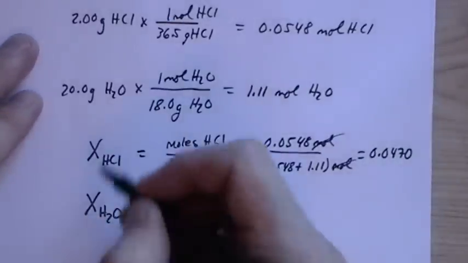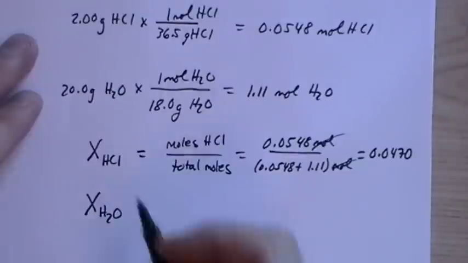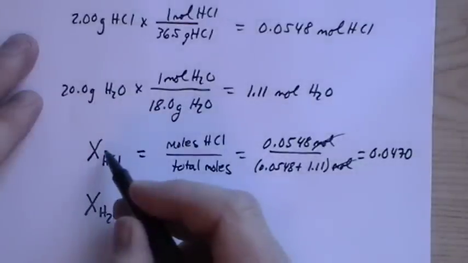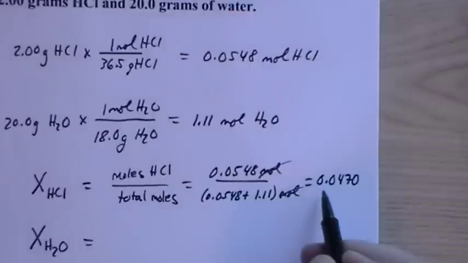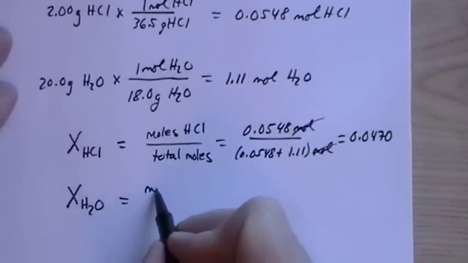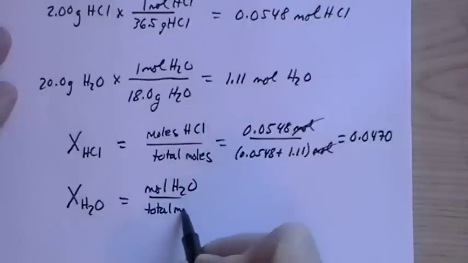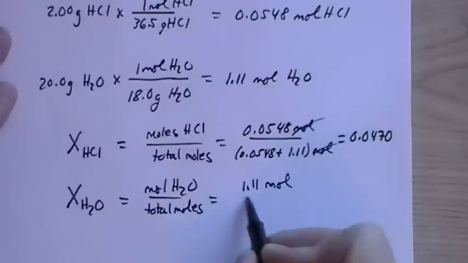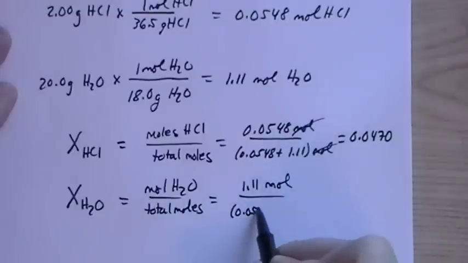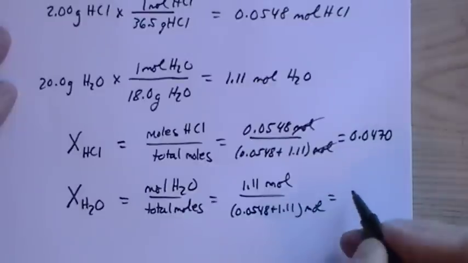Now, just like in percentages, the total percentage has to be 100%. The sum of the mole fractions has to equal 1. So to find the mole fraction of water, we could just take 1 minus this number. But let's do it out. That would actually be the smart way to do it on the exam because it saves you time, but I just want to do everything completely out, so you'll get the full feel of it, but you can certainly save yourself some time doing it the other way. But this comes out to be